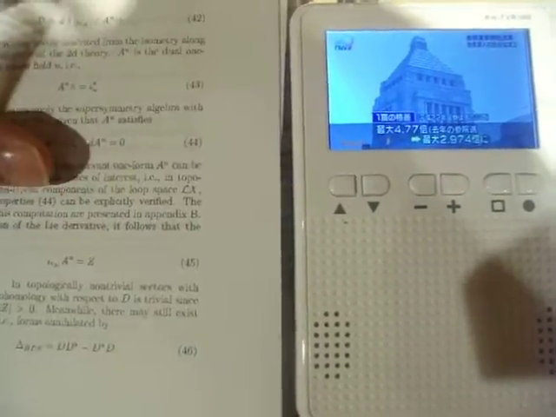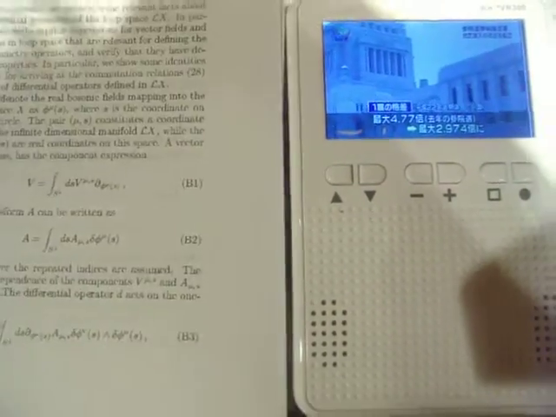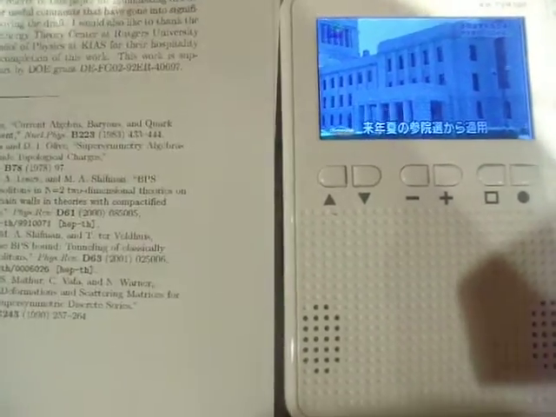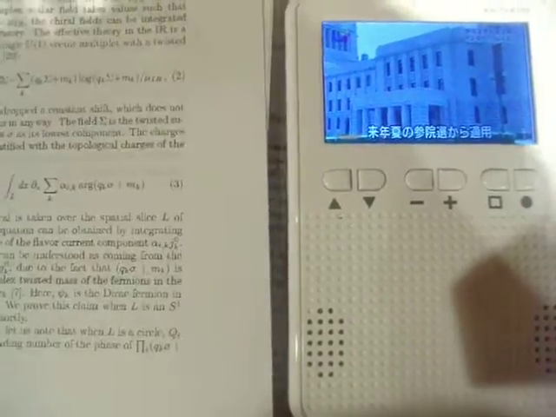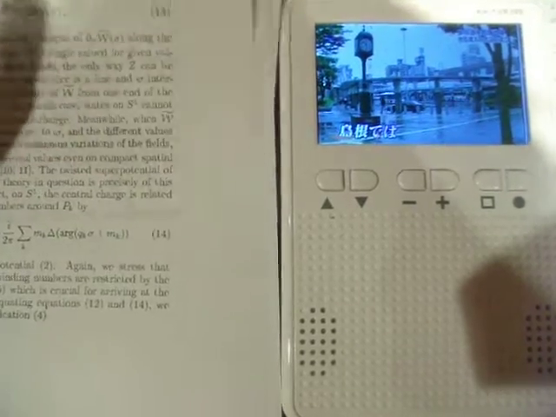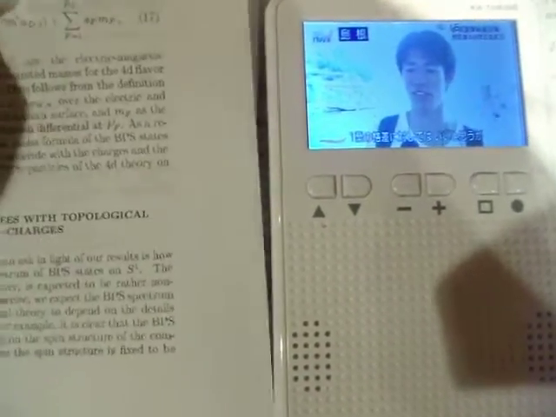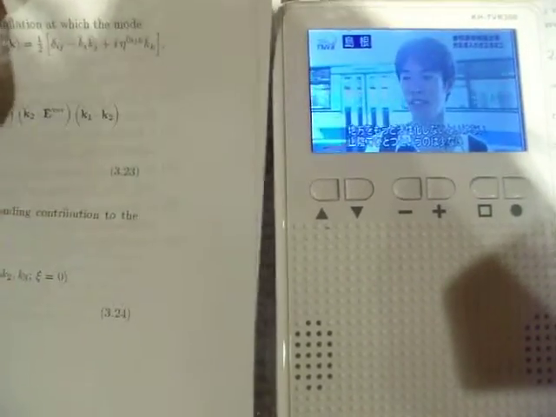With TIRF, we can illuminate only the bottom 100 nanometers of the cell, and we don't illuminate any of the fluorophores deeper in the cytosol. In this way, we can monitor events right at the cell surface. It's ideally suited for monitoring clathrin-mediated endocytosis and other events at the cell surface. Claire Waterman helped us set this up when she was at